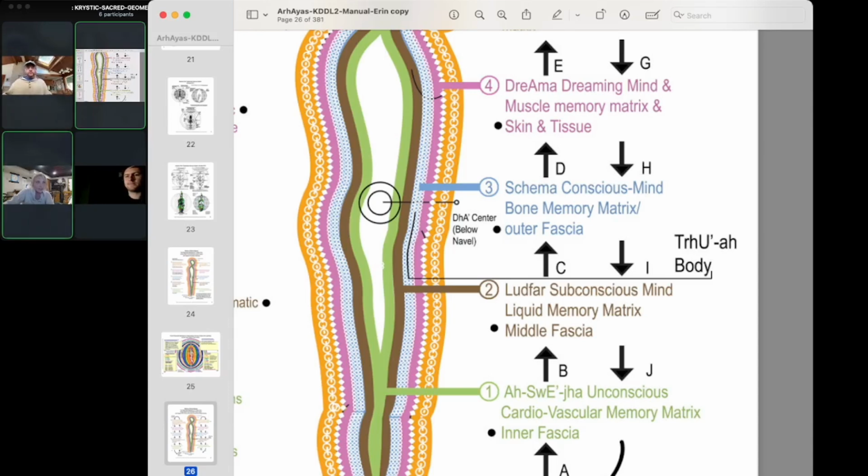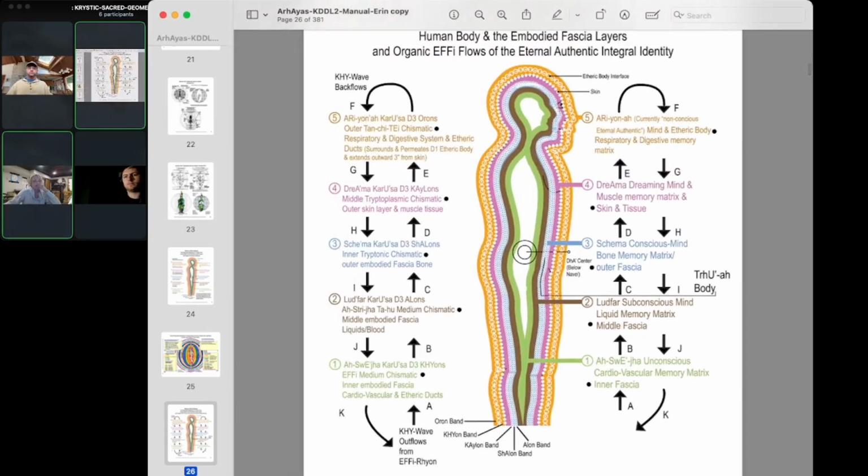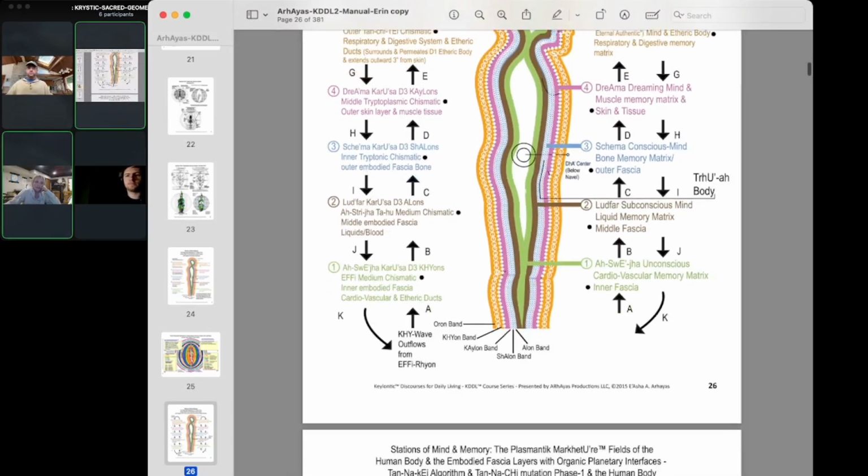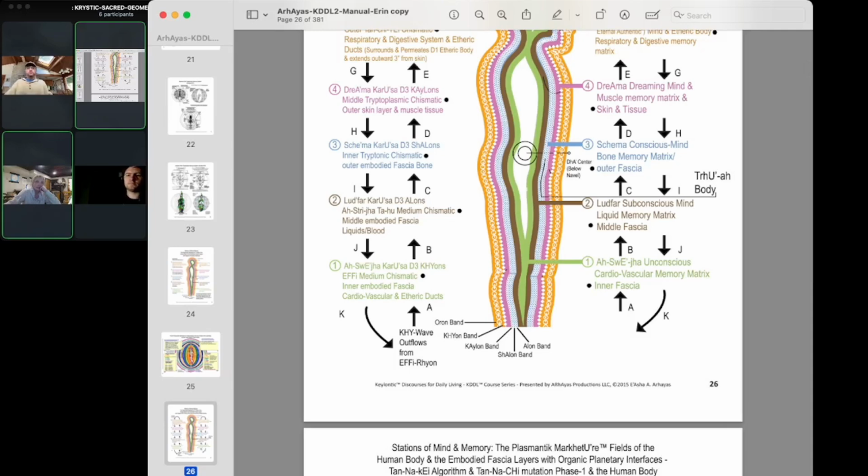So here is a zoomed in view. You can see this says Trua body. It's right there, as a layer running inside of these other layers here. Which Leona, we talked about these, didn't we? It was in the other video, the plasma video. We were talking about these, and these correspond with the 5 plasmas, which are the